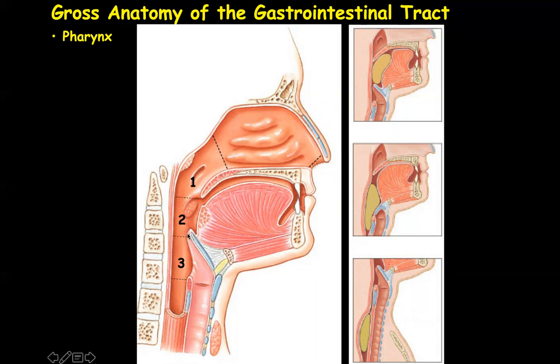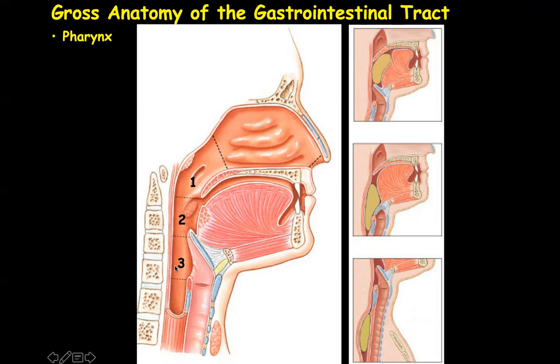So there's the epiglottis there, that spoon-shaped cartilage that can cover the larynx while swallowing. So this right here, number 2, the oropharynx. It functions to pass both food and air to inferior regions. The last portion, number 3, is the